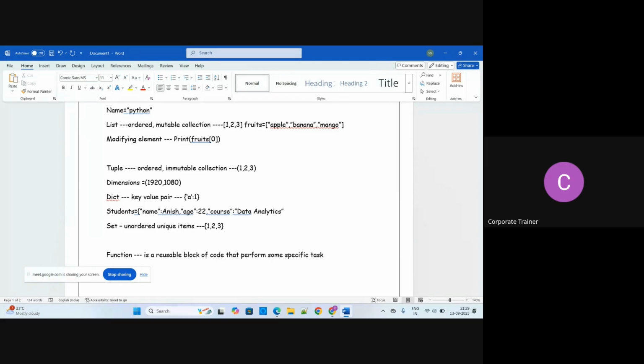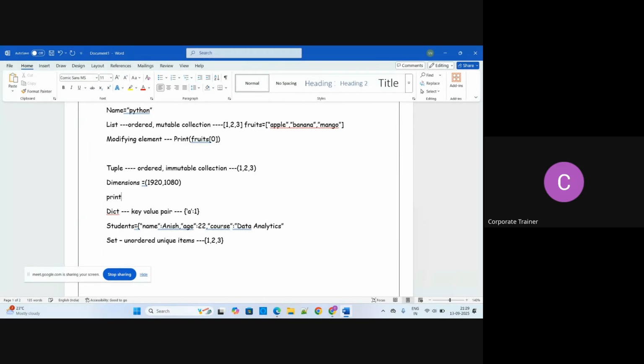And here I am writing print dimensions at 0. Index 0 gives you 1920. So in this way you can create a tuple. If you want to create a tuple with one item, you can define single equal to 5.